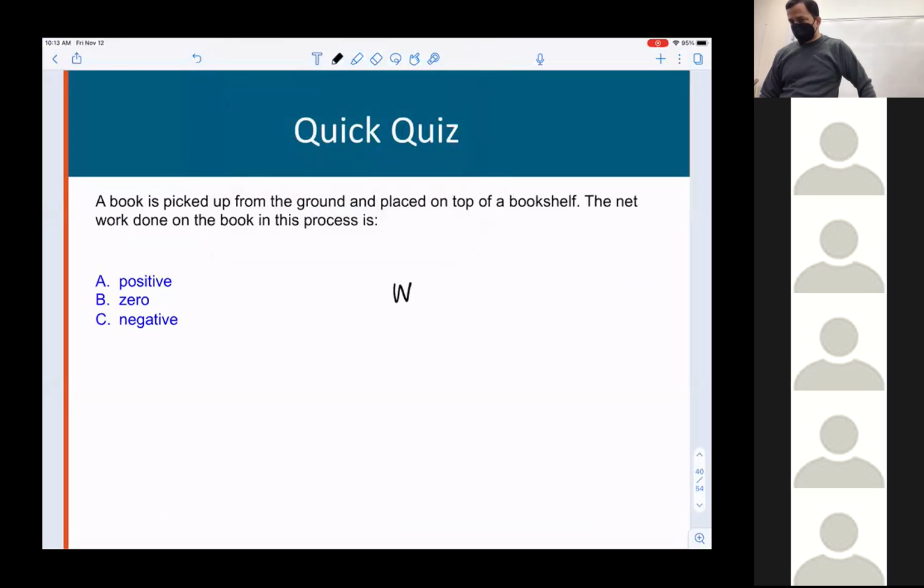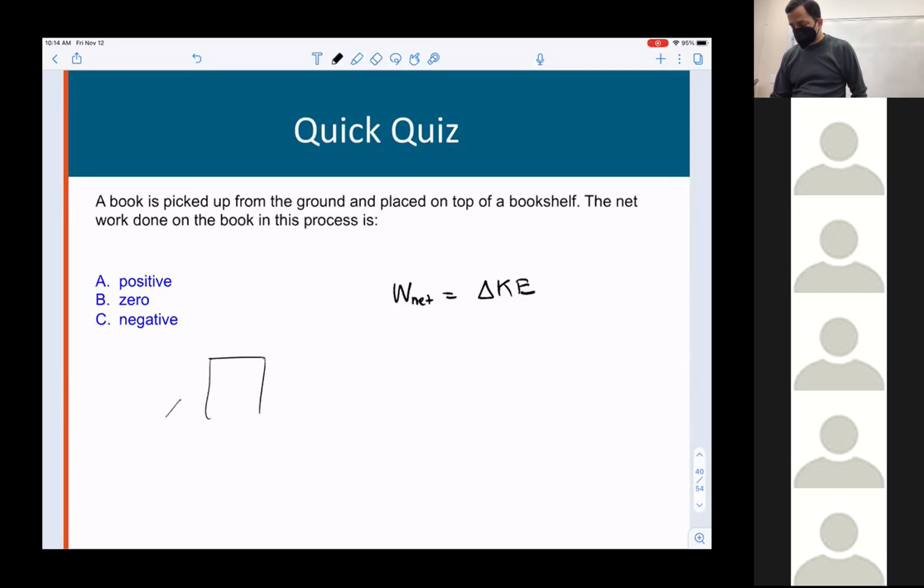The net work done on an object is equal to the change in its kinetic energy. So does everyone see why the net work done is now 0? What is the kinetic energy of the object when it was on the ground? It's just sitting there. So would the work be positive if we were trying to find the instant when it was being moved? Yeah, so the question is, so here's a little bookshelf,